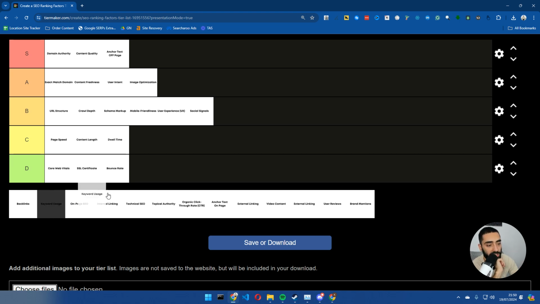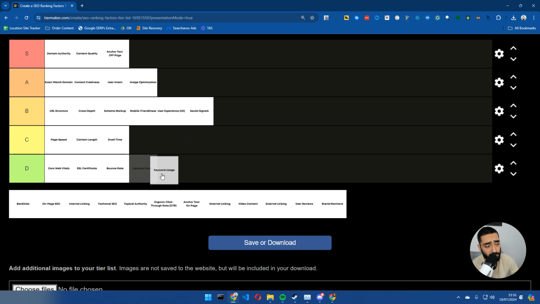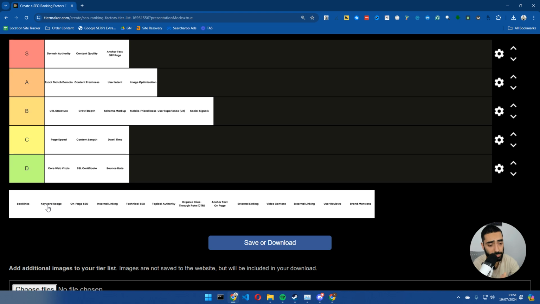We then have got keyword usage. This keyword usage was actually a recommendation from ChatGPT, and basically keyword usage meant keyword density, as some people call it. Again, keyword density, I'm not going to say it's as important as it used to be, but for example, if you're trying to rank for SEO experts London, if you don't have it in the actual content at all ever, it's going to be a little bit difficult to rank for that.